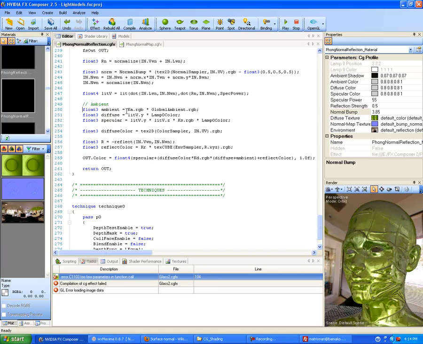Float3 ambient equals ka.rgb times global ambient.rgb; semicolon. Float3 diffuse equals litv.y times lamp0 color; semicolon. We're doing our diffuse here. Now we're setting up our specular. Float3 specular equals litv.y times litv.z times ks.rgb times lamp0 color; semicolon. And then diffuse color here, float3 diffuseColor equals tex2D, open parentheses, colorSampler, because we're doing our diffuse texture here,